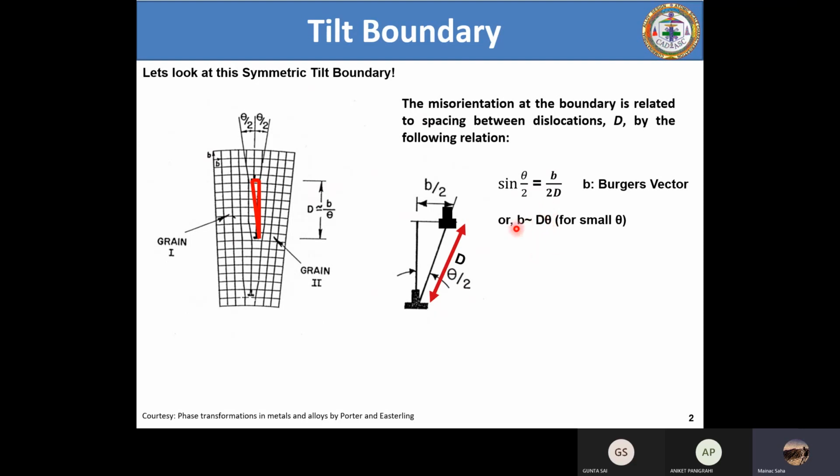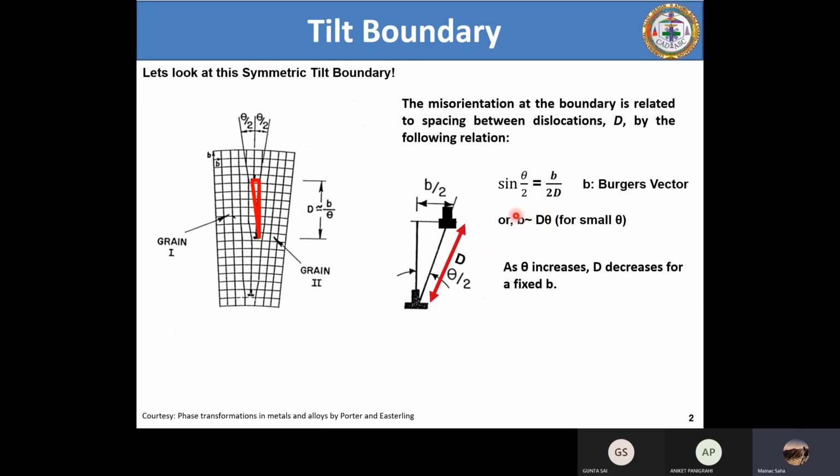Now this formula looks very simple, but it has some practical implications. I will tell you what the implication is. If theta is small, suppose theta is equal to 1 degree, this equation works pretty well, isn't it? And then you keep increasing theta: 1 degree, 2 degree, 3 degree, 4 degree, 5 degree. So you keep on increasing it, and then what ultimately happens?